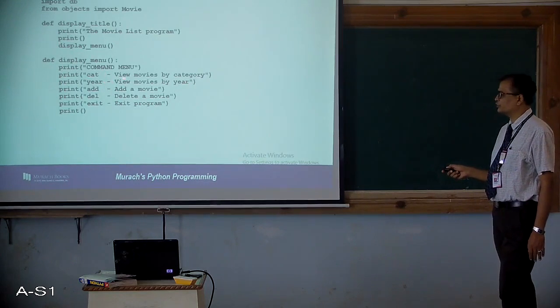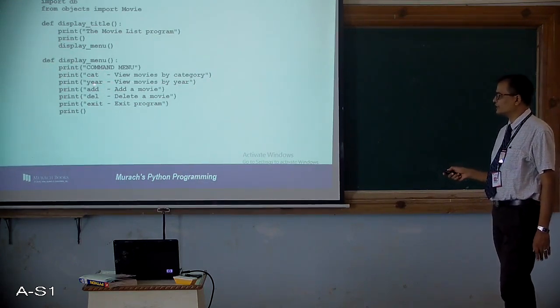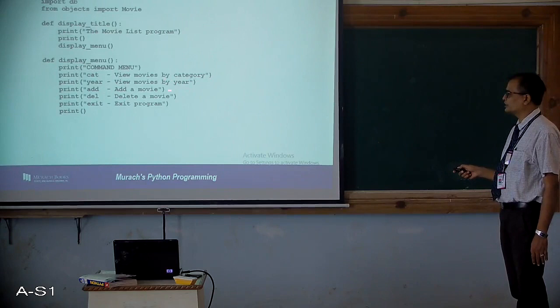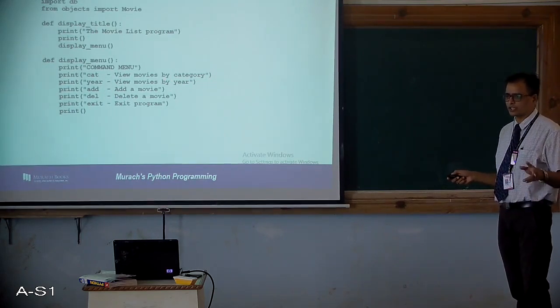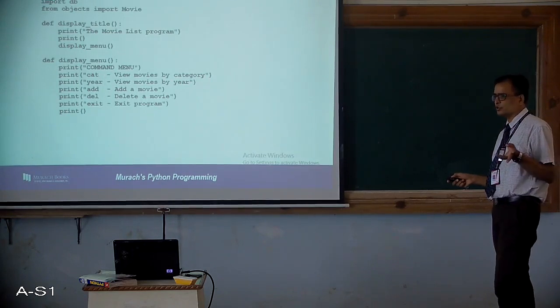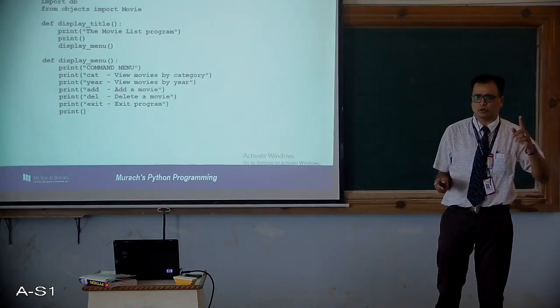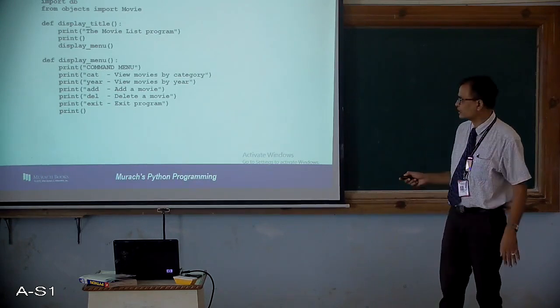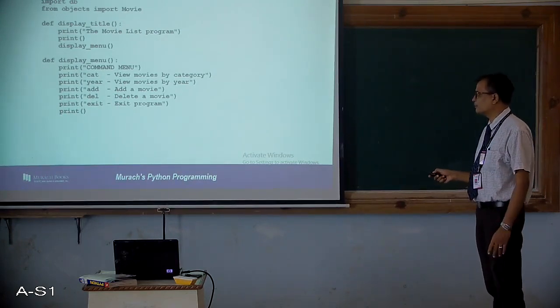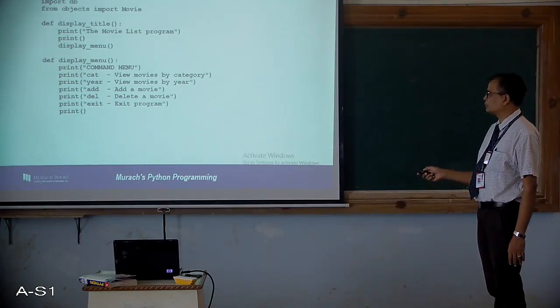so CAT, if you type CAT you will get movies by category, and year if you type year. Like what you have done in C programs, like 1 to insert, 2 to delete, all that. In DS data structure programs also, while implementing a stack you have written 1 to push, 2 to pop, 3 to display, all that. Similar to that they have written this. Okay, so this is a menu driven program.